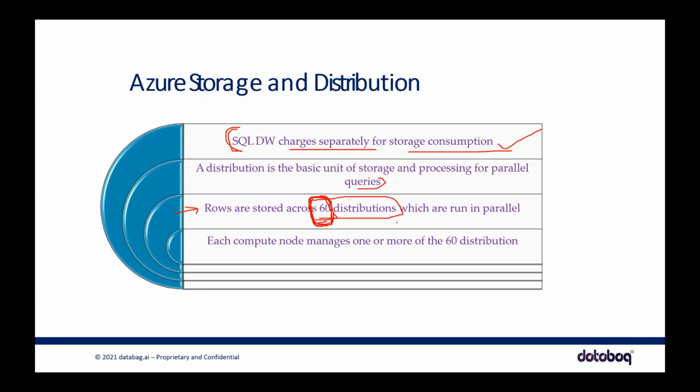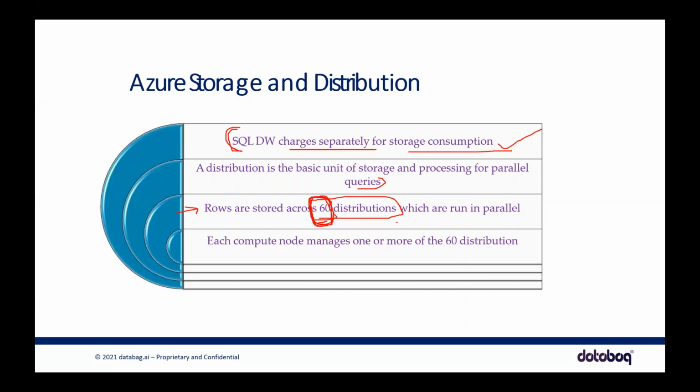Okay, let's say you have a data set, and the data set consists of 60 rows, and you are trying to insert the data in Synapse, for instance, in a SQL pool database or table. Then each row will be distributed to a logical partition. Okay, you have 60, then it will be distributed to 60. What if you have only 30? It will be distributed to only 30 then. But there you're not really utilizing the full features of Azure Synapse, the default feature of 60 distributions.